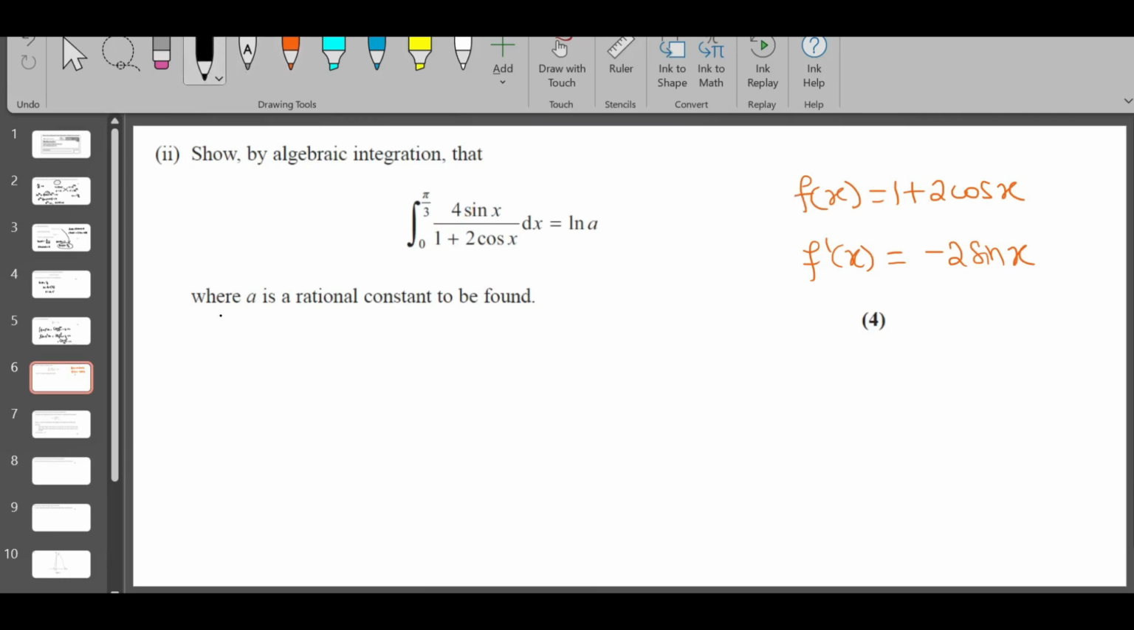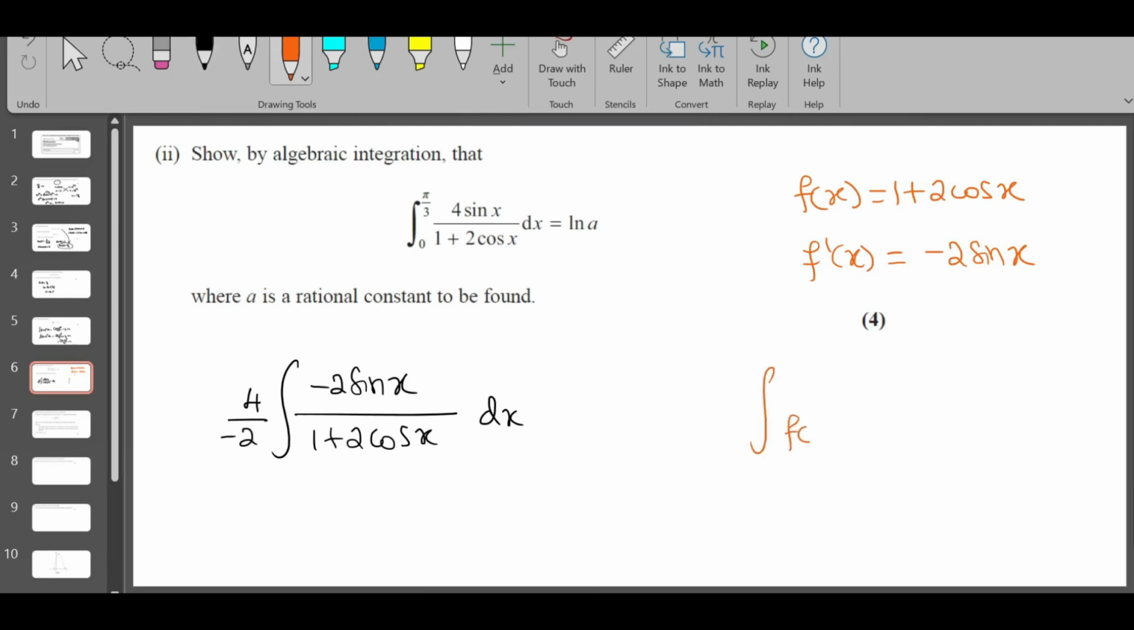I'm going to write 4 as minus 2, integral, just keep 4 outside. We need minus 2 sin x, right? So I'm going to multiply and divide by minus 2, over 1 plus 2 cos x dx. Because the minus 2 cancel, you'll get the same integral, right? So why am I writing it this way? When you have a function at the bottom and the derivative of the function on top, you can apply reverse chain rule and write it as ln f of x plus c. So in this case, 4 over minus 2, you have minus 2 outside, ln f of x